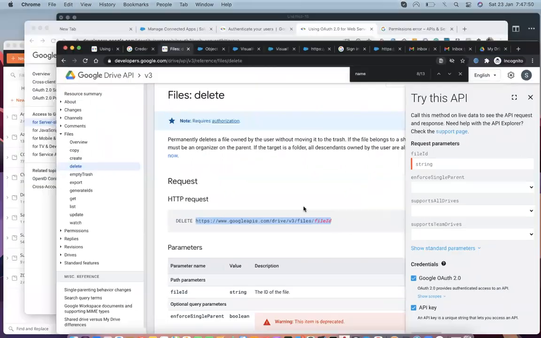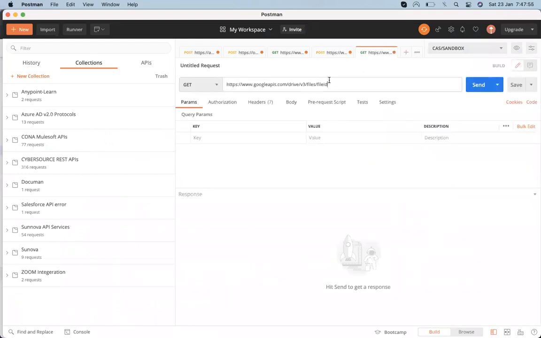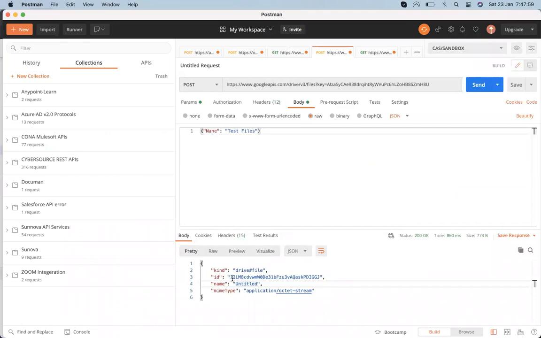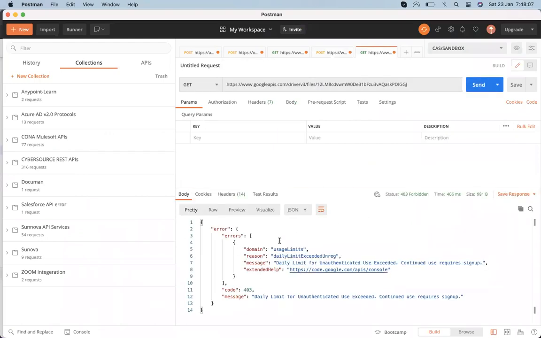So let's do that here. I want to delete this file I just created. Here is the ID of that file. I just copy this ID, paste it up here and hit the send. Usage limits. Okay, daily.